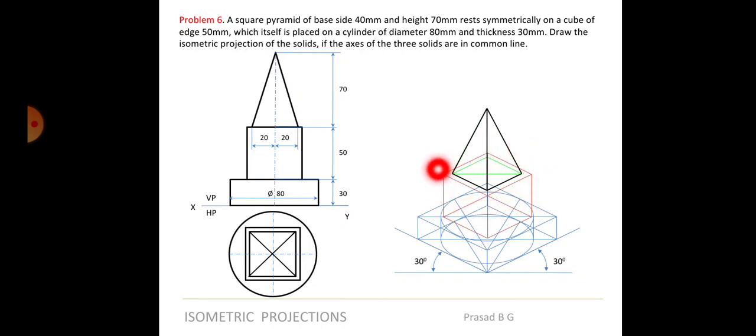Now coming to what portion of the cube has to be made darker. This will be visible, this will be visible. Only from here to here it is visible, this much small portion. Same way from here to here, a small portion will be visible. This is visible, this edge, this base, everything is visible. Whatever is on the inner side, this portion and this line, will not be visible for the cube.